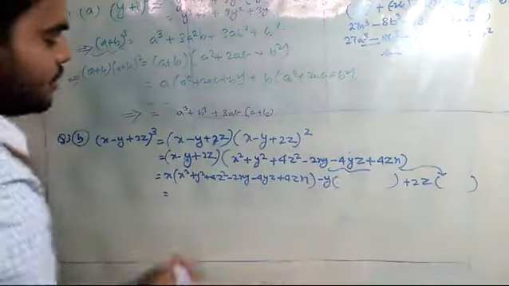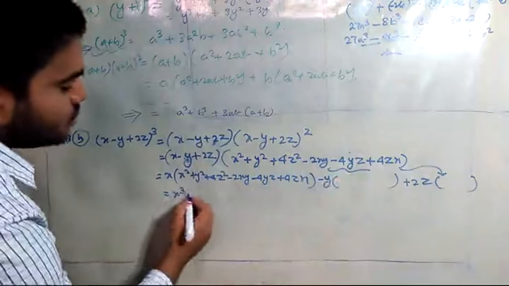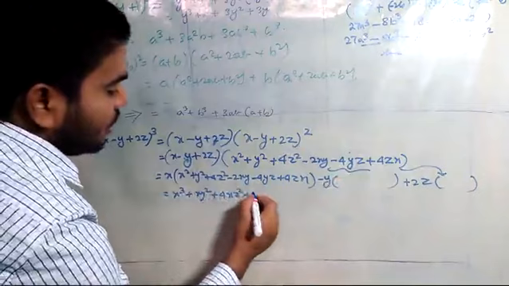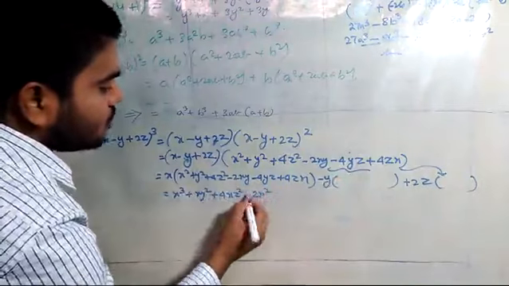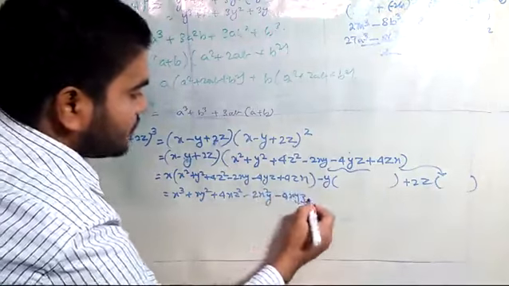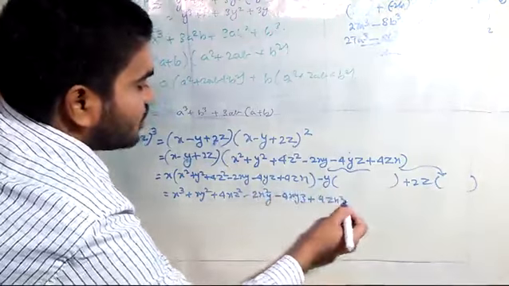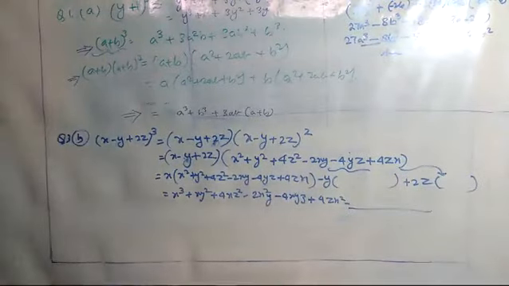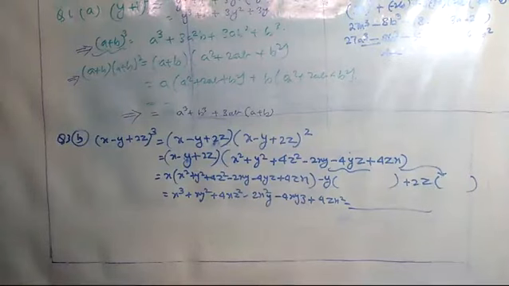And then we will open this. Opening means x cube plus xy square plus 4xz square plus, sorry, minus 2x square y minus of 4xyz plus of 4zx square. Similarly here, and then you will see, you will add the like terms and then you will get the answer from this part. I hope it is clear. You please complete this solution. You find out the solution and verify the answer from the answer key given in your textbook.